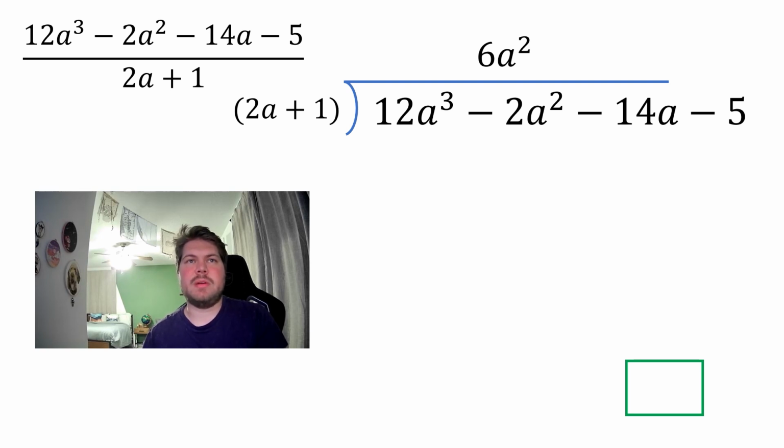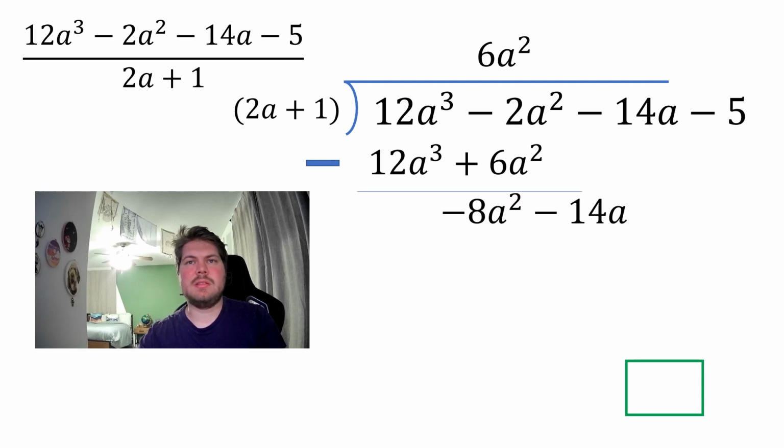Now 6a squared times 2a, that would have been 12a to the third, which is what we want. But then 6a squared times 1 would be 6a squared. So now we're going to subtract this, and we get -2 minus 6 gives you -8, and then we brought this 14 down. And whoops, I spoiled it, but